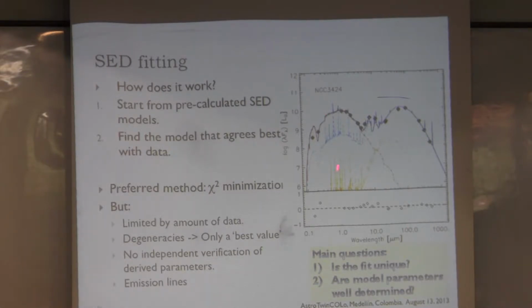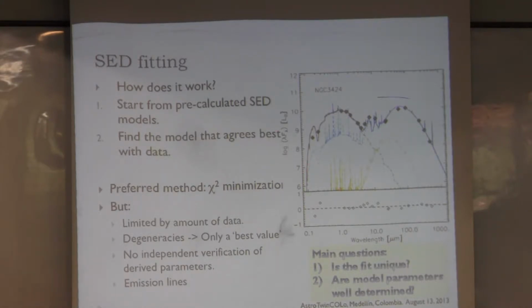And the idea is that you want to compare those two. By comparing your models that predict certain values for certain parameters with the real observations, you can actually get information about these systems. If you have a long list of models, and you try to see which of those actually fits the data better, you can just make a list of which of those models agrees with the data best. And that's what we do when we do chi-square minimization.